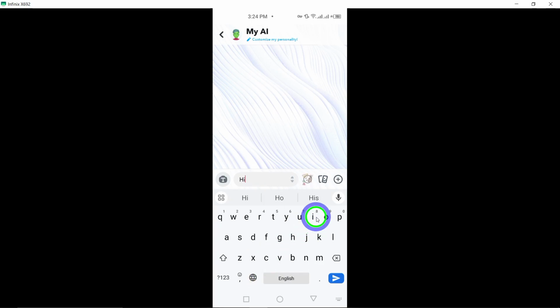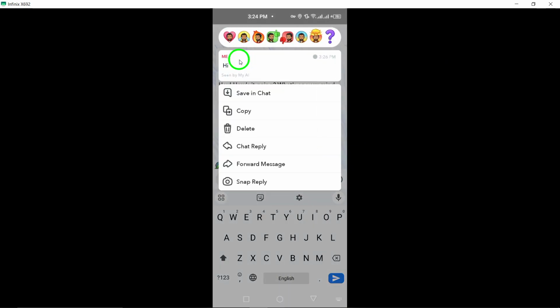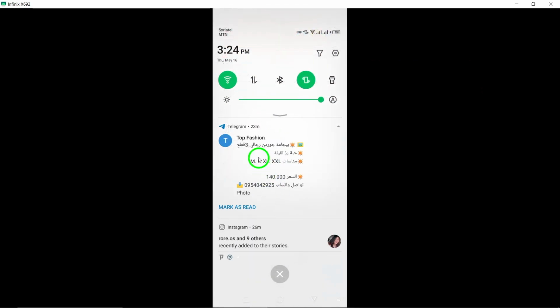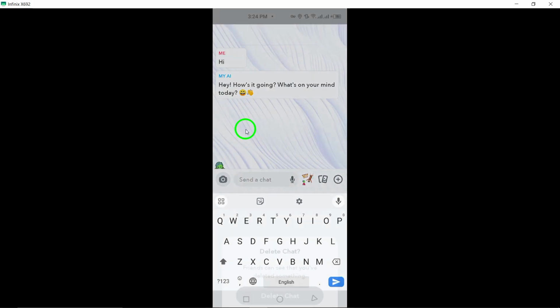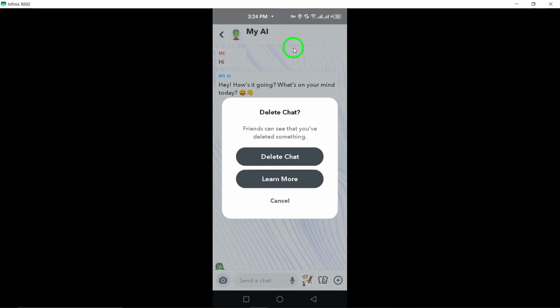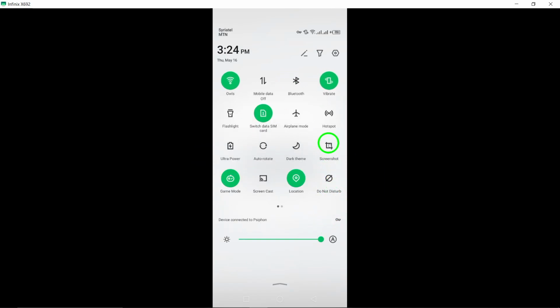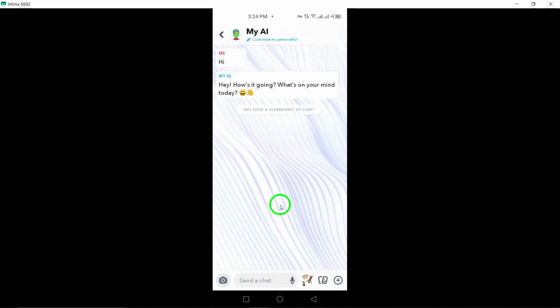Step 4. Tap and hold on the message you want to remove until a menu pops up on the screen. Step 5. From the menu options that appear, choose Delete to proceed with removing the message. Step 6. Confirm the deletion by selecting OK when prompted to ensure the message is deleted for everyone in the conversation. By following these simple steps, you can effectively manage your messages on Snapchat, maintaining control over the content shared